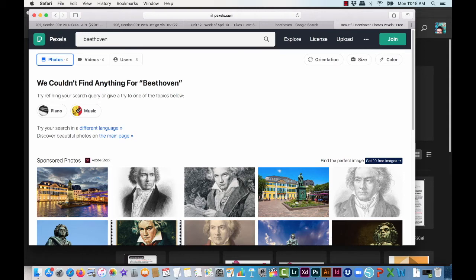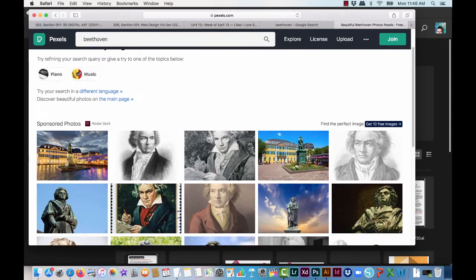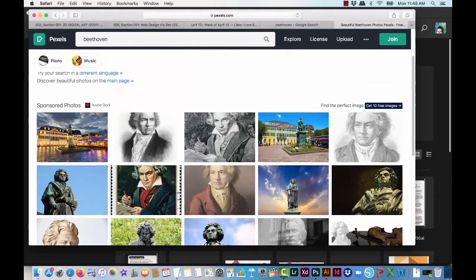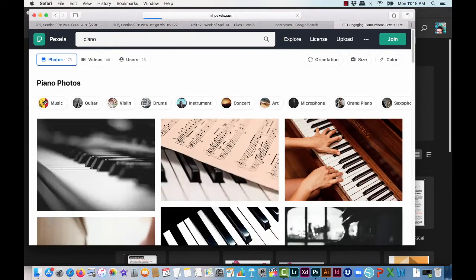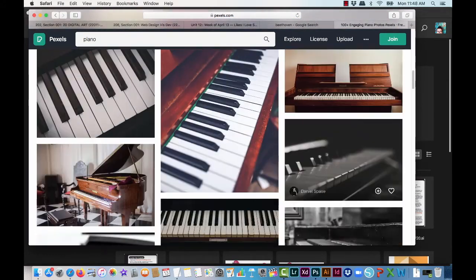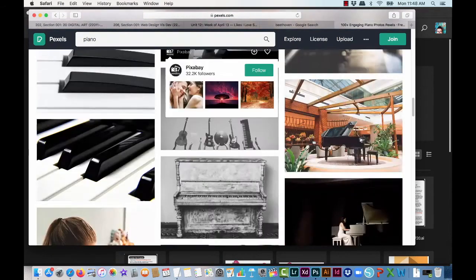But you can see it's telling you, do you want piano or music? So hey, yeah, maybe a piano. That's a great idea. Adobe Stock, they're like, hey, you can buy some. And I'm like, no, I don't quite want to buy some. So let's look at piano. All right, there might be some good images there, and I hadn't thought of that, so maybe we do want